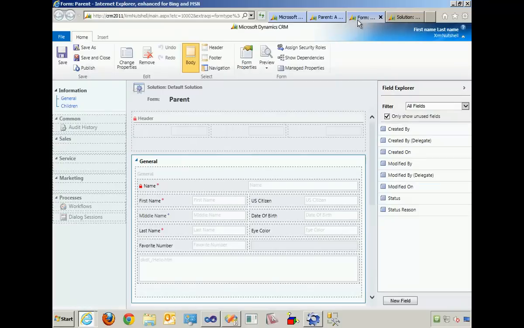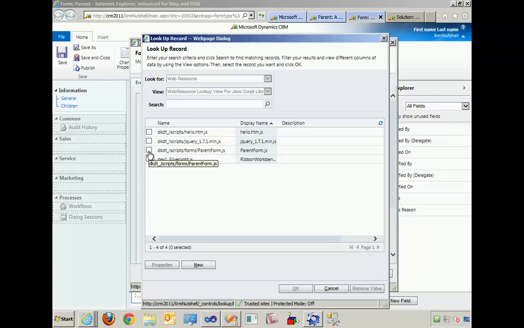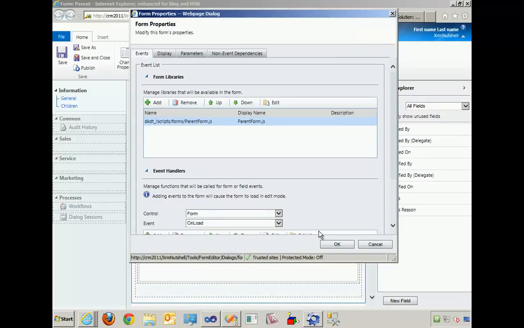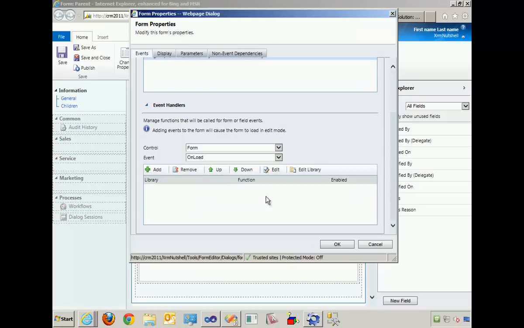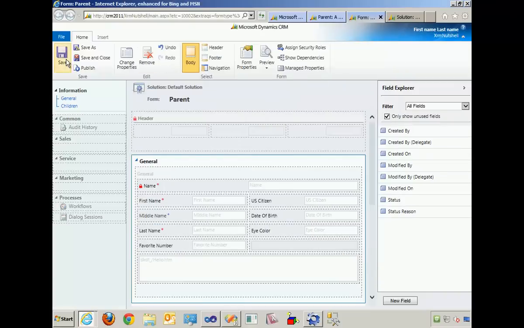I'm going to come back to my form designer here. This time I'm going to go ahead and wire up that form script. Click OK. And then we're going to say for the form's on load event, we want to call a function. And that function is called dkdt_form_load. Now there's a lot more that you can do with form scripts, and again, we're just trying to get you through the mechanics of understanding the extensibility points of Dynamics CRM. So I'm not going to go into all the advanced topics here, but if I go ahead and click OK,